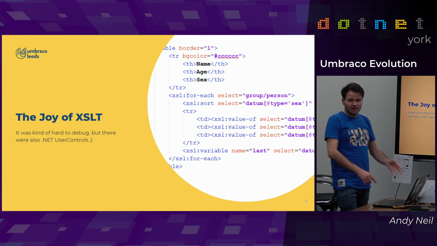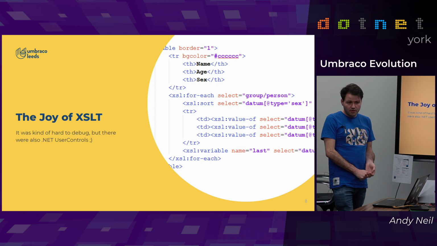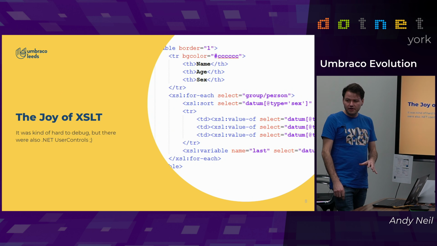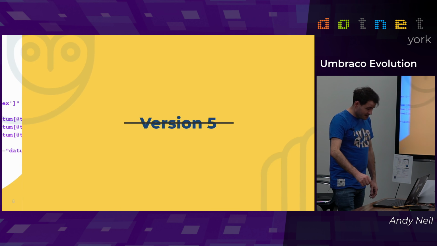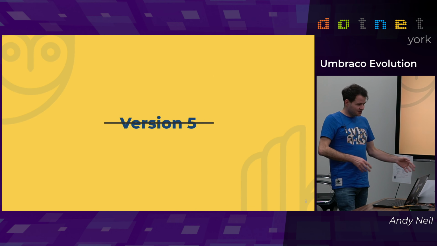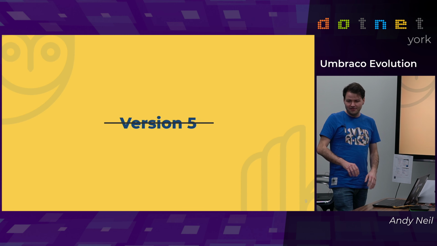So the version 4 was there, and it got a lot of traction. I mean, they built the Carlsberg website in it. They did lots of stuff with it, and it grew. And I think for a time, I don't know whether it still is, but TechNet ran on Umbraco, or part of it did. So I'm told. So anyway, they went along and they said, "Hey, let's do version 5. Version 4 is really cool. Let's do version 5." Oh, we don't talk about version 5, and it's a bit of a standing joke.